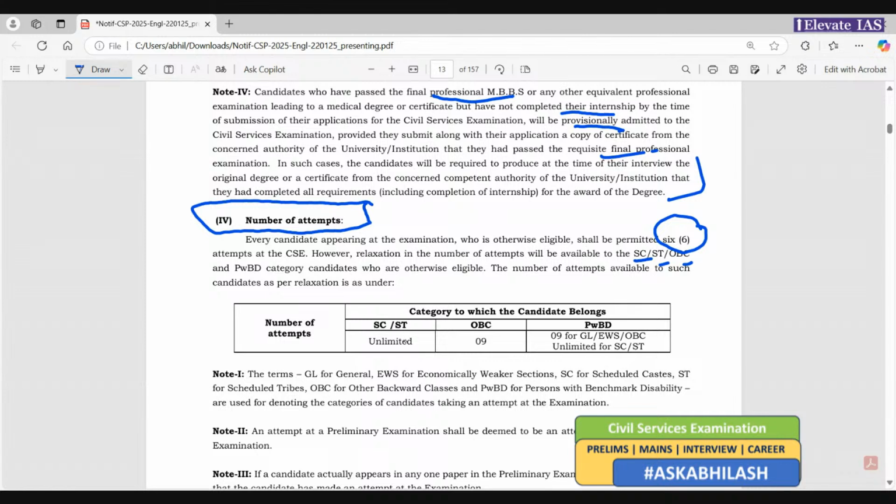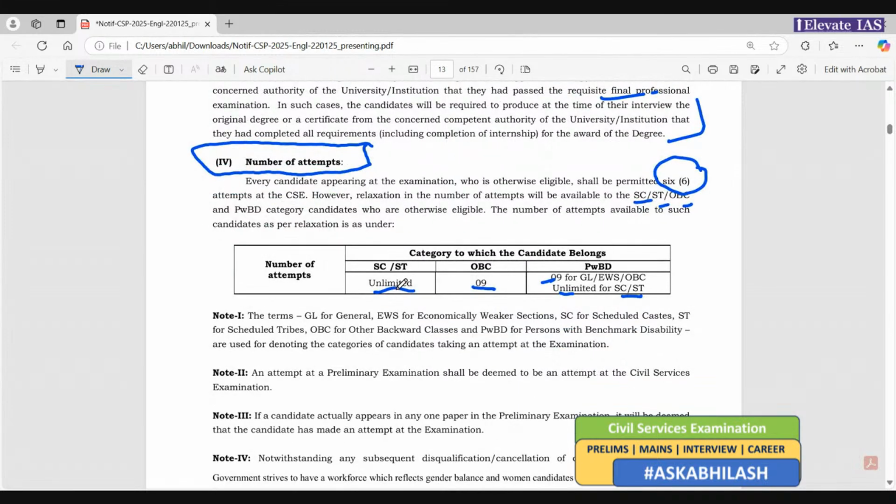So for SC and ST unlimited, OBC के लिए 9, फिजिकल डिसेबिलिटी के लिए 9 for general and EWS and OBC and unlimited for SC ST, अगर आप फिजिकल बेंचमार्क डिसेबिलिटी से कर रहे हैं।